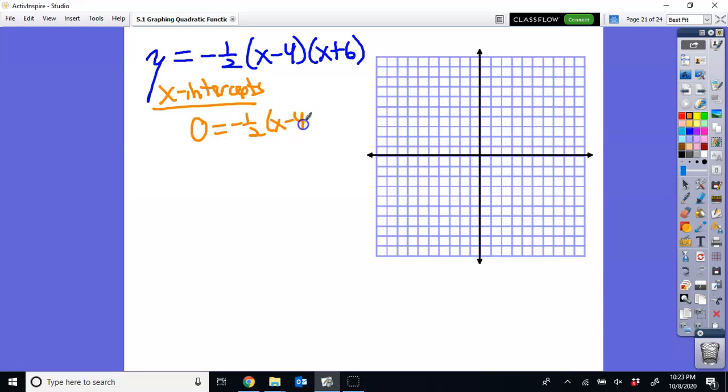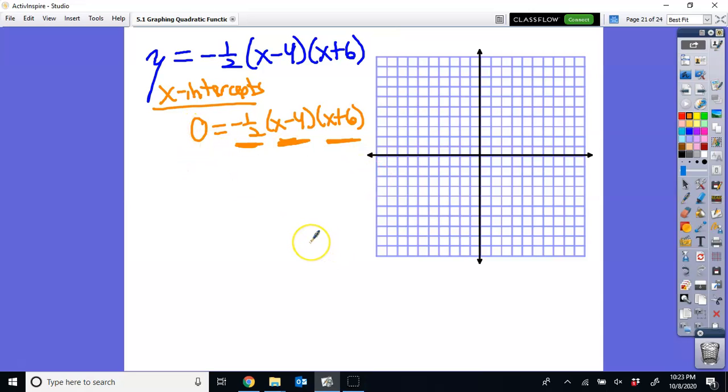Now if you're looking at it, you're just thinking, oh, Mr. Harrison, that still didn't help me when you put numbers in there. They still look like a bunch of variables, because there's still variables everywhere. So what we're going to talk about is a concept that's actually going to help us when we're solving equations as well. What we have here is -1/2 times x minus 4 times x plus 6,